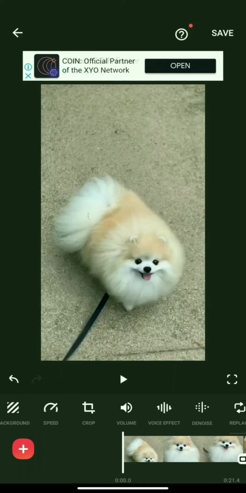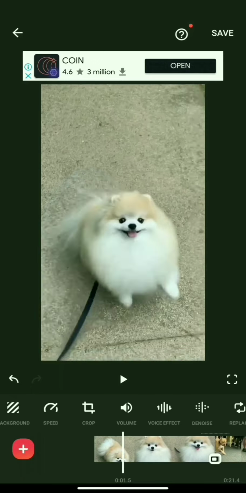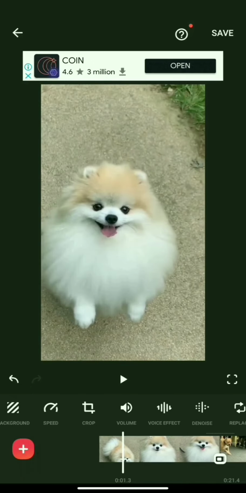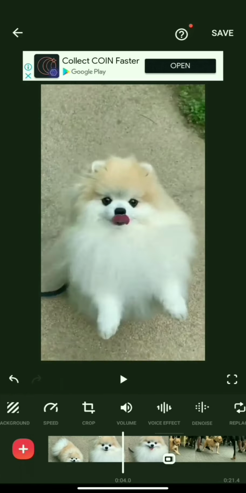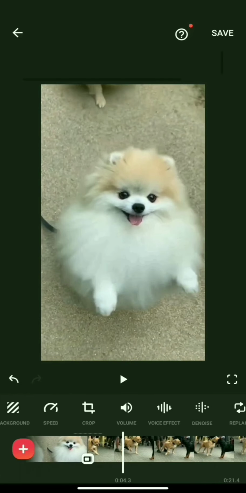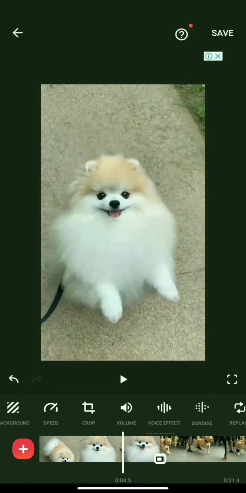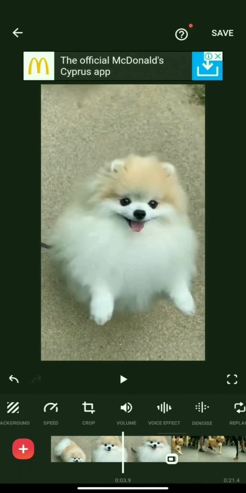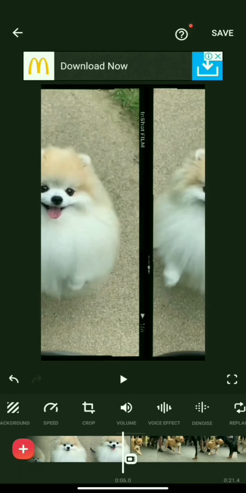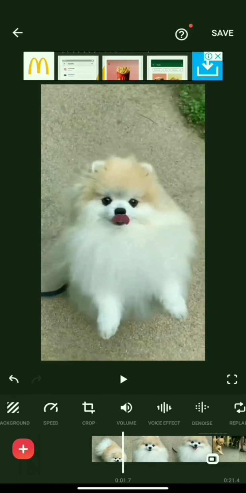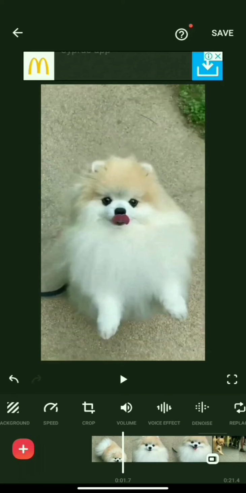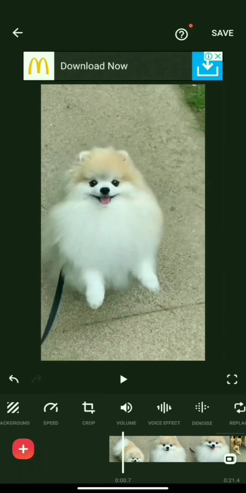And now, like I showed you previously, how to do the speed is the same, if in case you want to reduce the speed or cut the video. I also said I'd talk about cutting some sections out of your video. Let's say now, if you notice here where the dog was licking his nursery, if you want to remove that,